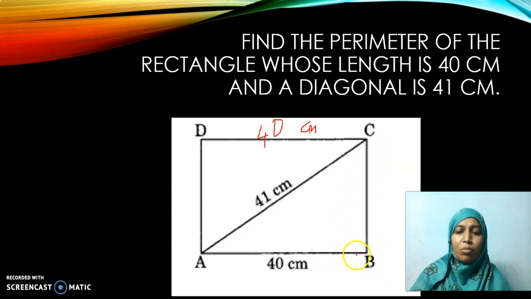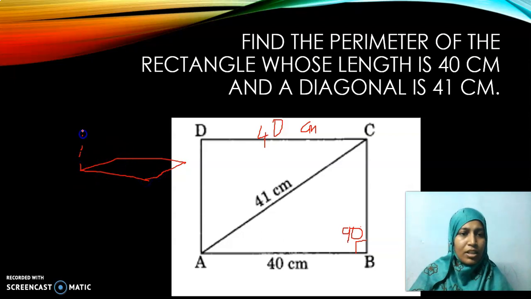Yes, we can find it using Pythagoras theorem because in a rectangle, the angle between adjacent sides is 90 degrees. If it is not 90 degrees, will it be a rectangle? You will have a diagram of this type, something slanting. I couldn't draw it straight. It will be in a slanting position if it is not 90. This is 90 degrees. Now it has slanting. Is it a rectangle? No, it is a parallelogram. In a rectangle, surely it will be 90 degrees.